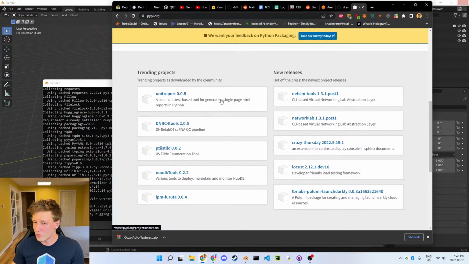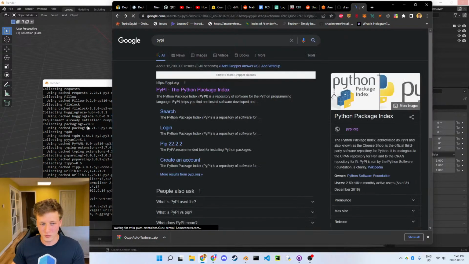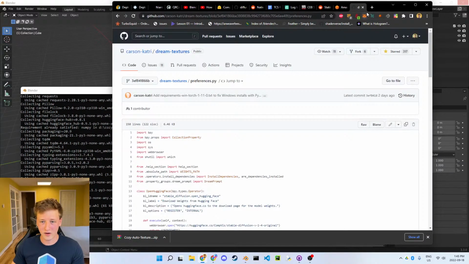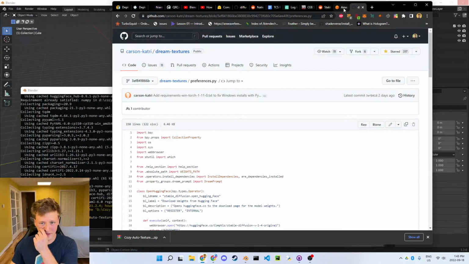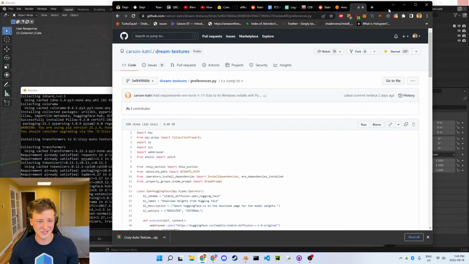Big ones like the requests module, matplotlib, numpy. There's quite a few of them, and that's what we're installing here. So these are all coming from PyPI. What we are not installing from PyPI, and I don't think, yeah. I don't want to log in there just for security reasons on the stream, but